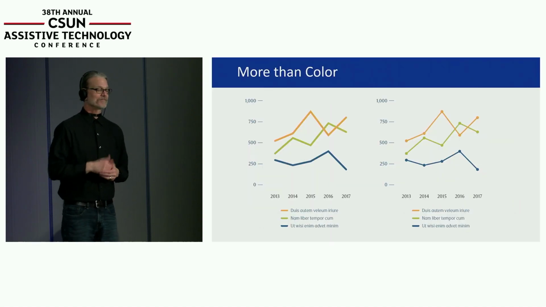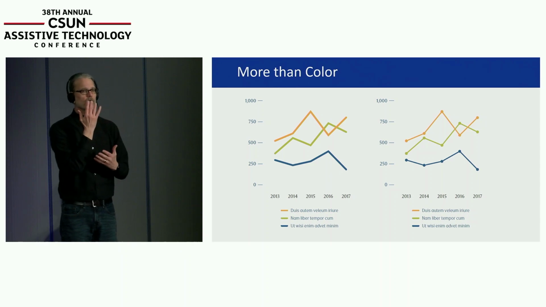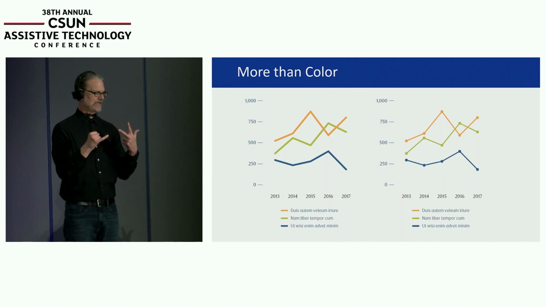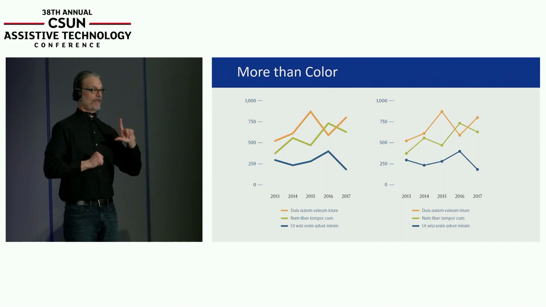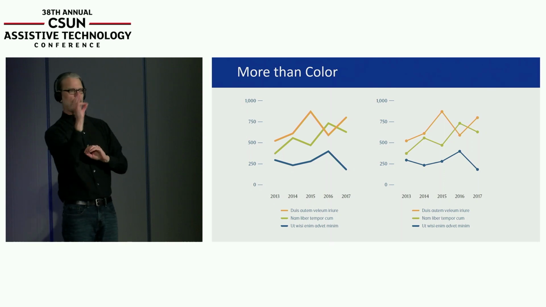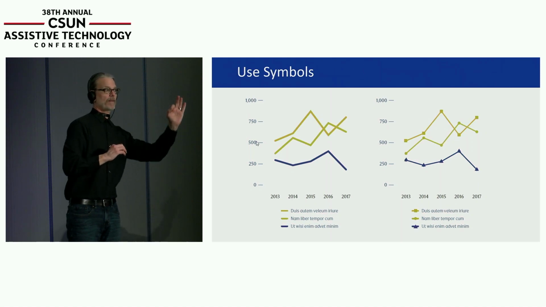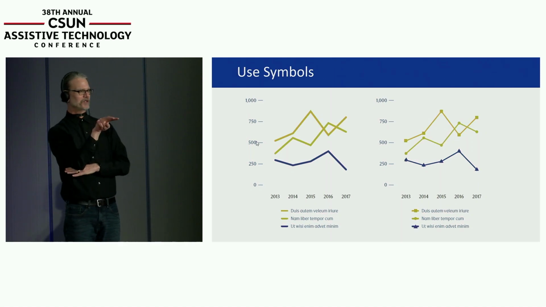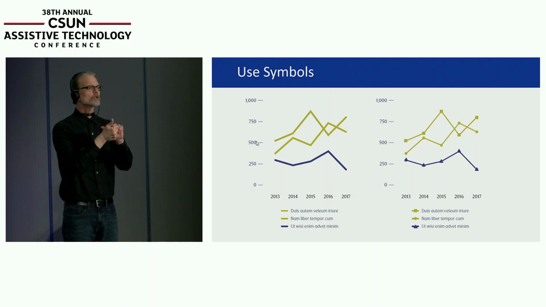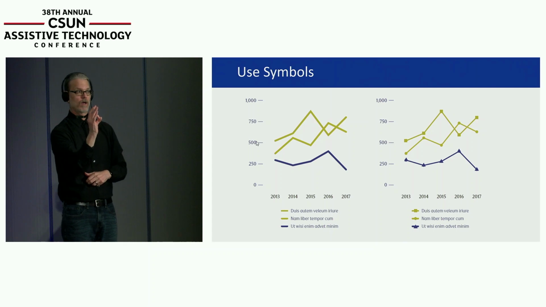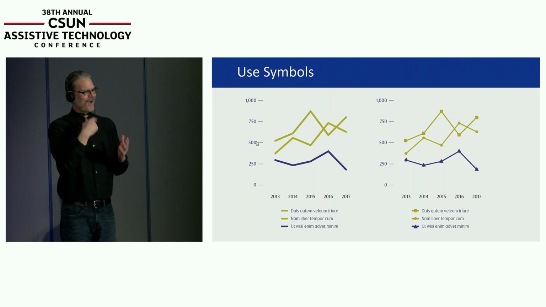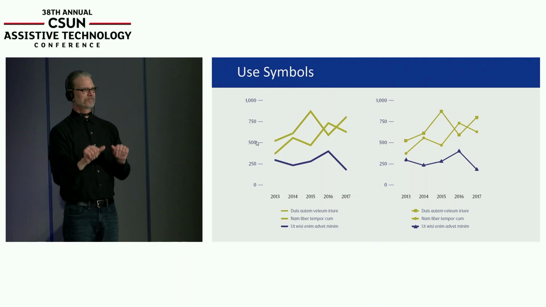More than color alone, we talk about color, simply adding dots to our line graph, our different shapes. So in this case, we have 3 lines in a line graph. On the left side, we have just the typical example with no dots for the data points. And on the right side, we have the 3 different data points with circles. Well, the problem is that when you look at that in colorblind mode, 2 of them are the same color. But if we just simply change the shape of the data point to a square for one, a triangle for another, and a circle for the last one, now I don't care what color it is. I can tell which one is which. It's an easy fix, right?